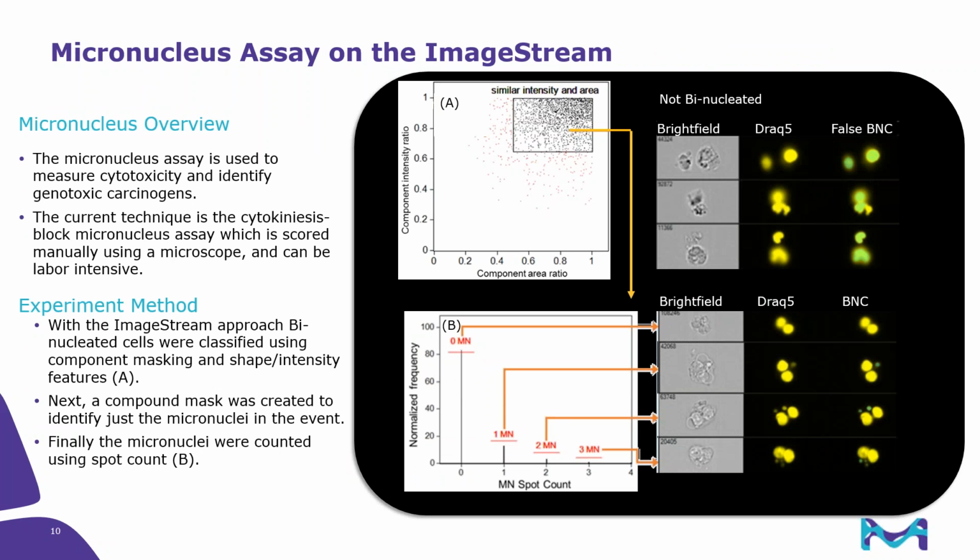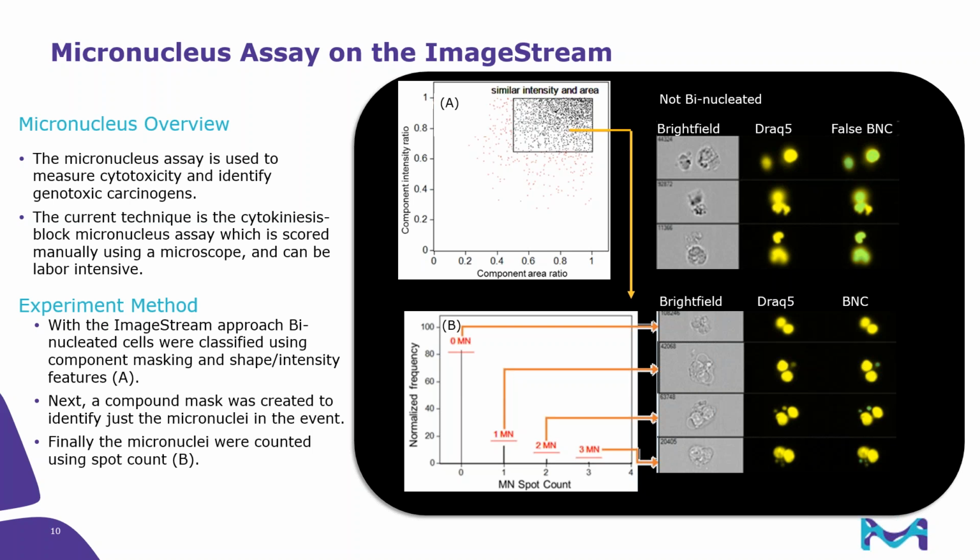Another application that has been leveraging some of the new masks is looking at micronucleus calculations. Here we're trying to measure genotoxic carcinogens. Typically this is done with the cytokinesis block assay, which is time intensive, labor intensive, and essentially depends on manual scoring. Here what we've been able to do is take tens of thousands of cells that have